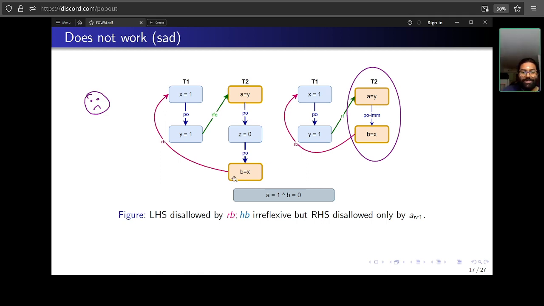And that's simply because if you see here, we don't have this PO immediate edge here. Therefore, our model disallows the message passing outcome. But now we have the PO immediate edge on deletion. And great, okay, we don't have this optimization. So it's not safe. So simply removing this PO immediate edge, or the axiom involving the PO immediate edge, was not enough.